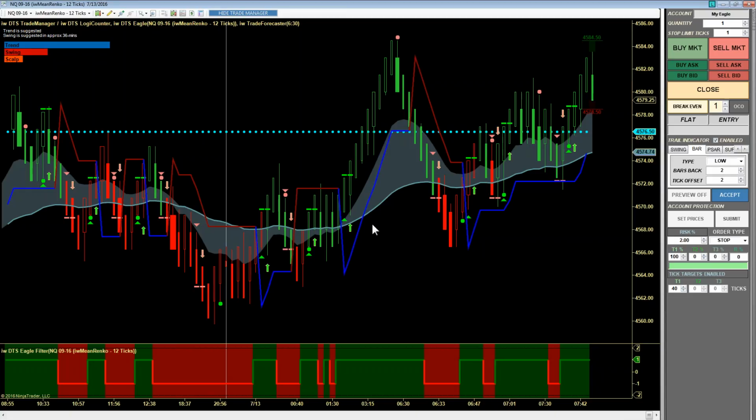Oh, Tom's asking, what are the bars in the left corner? This is the trade forecaster. Trade forecaster a little bit off the mark today. The trade forecaster tells you what the current market condition is and what the next one is most likely to be. So the trade forecaster says, hey, we're in trend mode for about another 36 minutes, after which we're moving